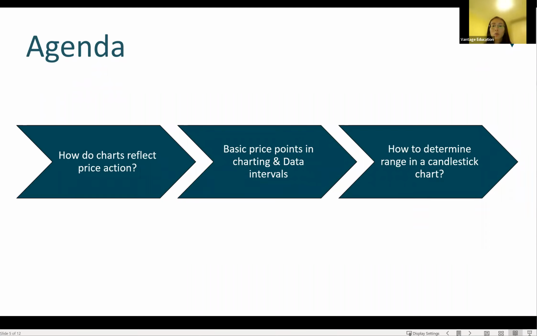candlestick chart. So when you're given a few candlestick patterns,